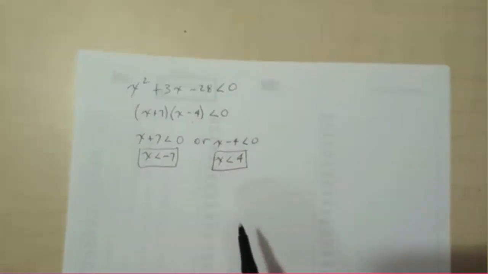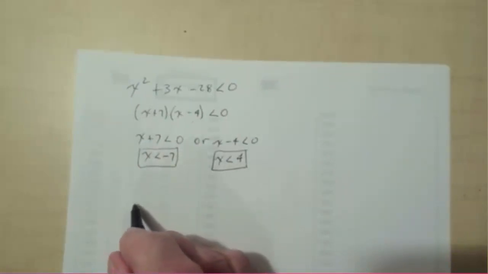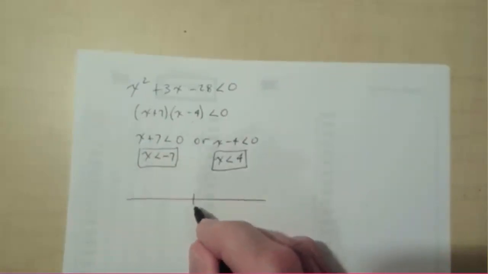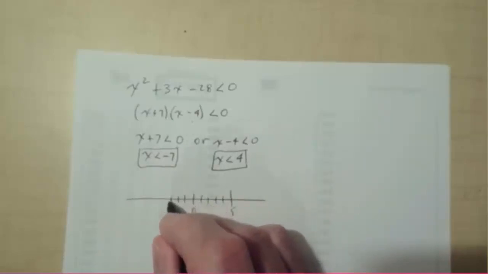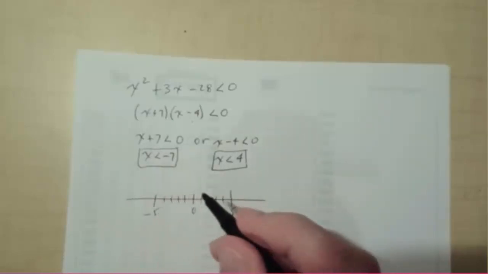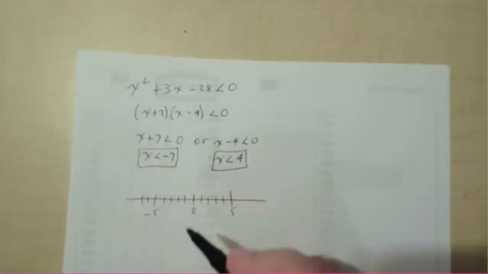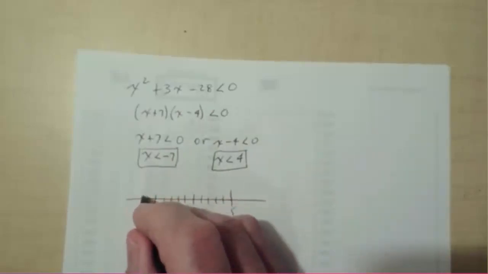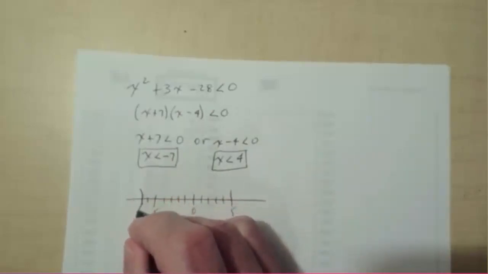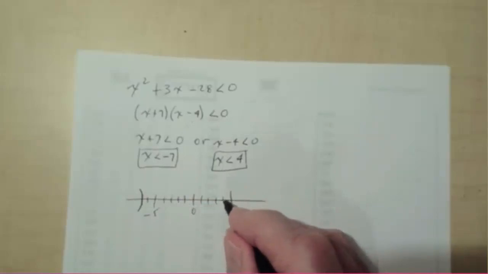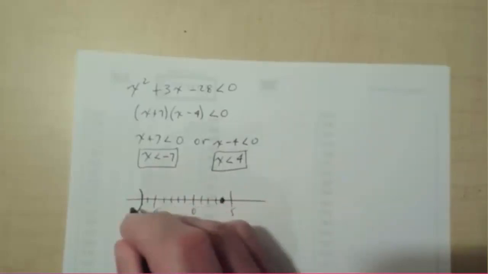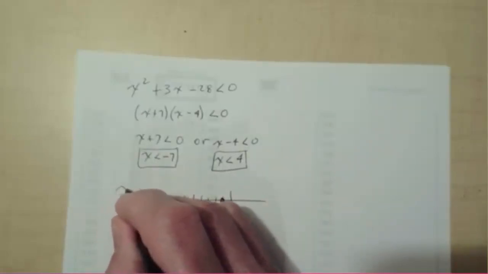Okay, and again, I think you'll find this is the easiest way of doing this. Make a little graph: 1, 2, 3, 4, 5, and 1, 2, 3, 4, negative 5, 6, 7. X is less than negative 7, so we're talking about that area. And these are our two areas, from here to here. So we have this area,